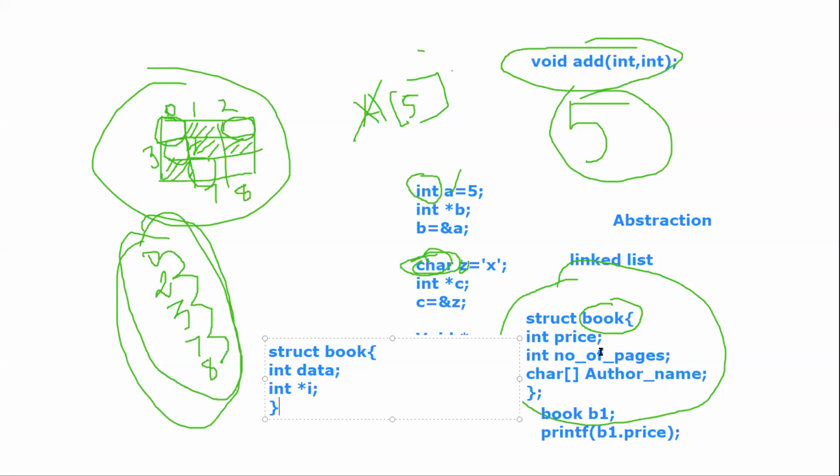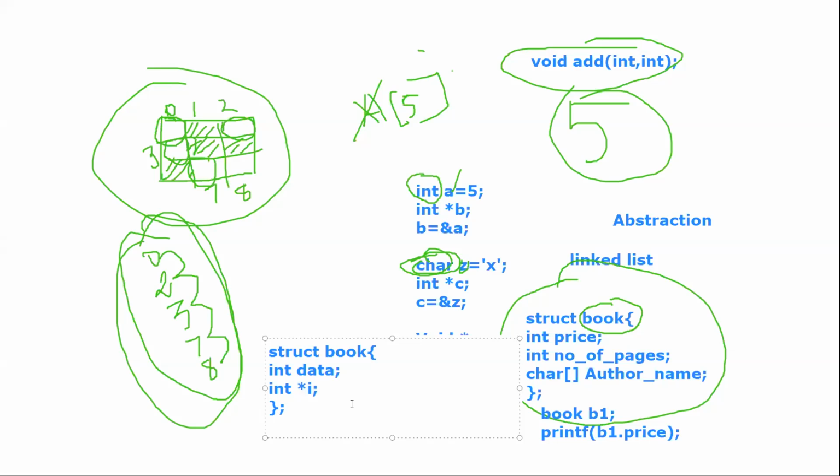Right side consists of what? Only the basic normal variables, integer. There are no pointer variables. But in the left part, you can find a pointer variable, an integer pointer variable. How will you access this pointer variable? Can anyone